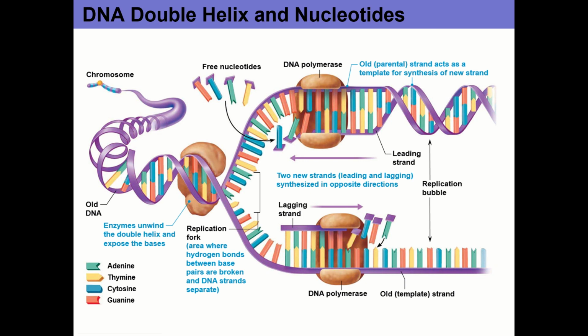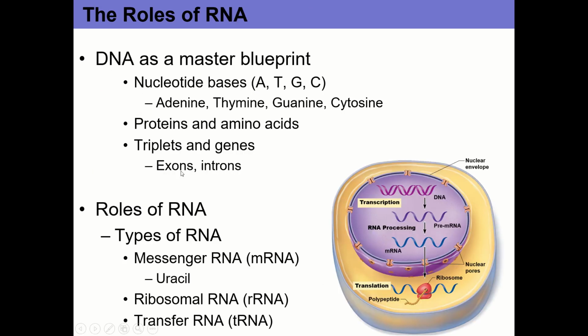So that example that I gave you a minute ago of a small protein consisting of 70 amino acids, well, if we multiply that out by 3, because you got 3 nucleotides that code for each amino acid, you have a series of 210 nucleotides that have to code for that protein. All right. So triplets